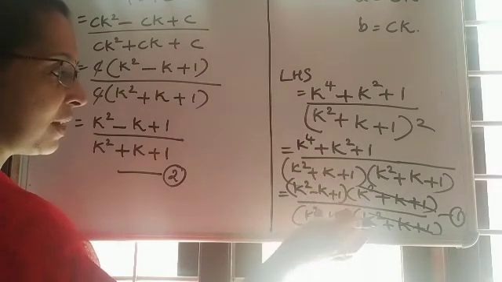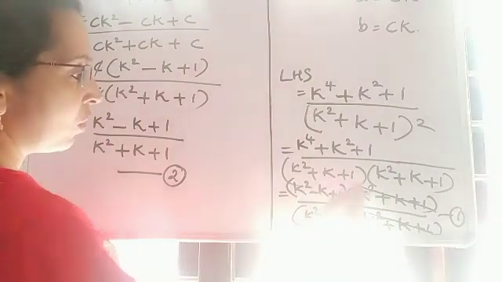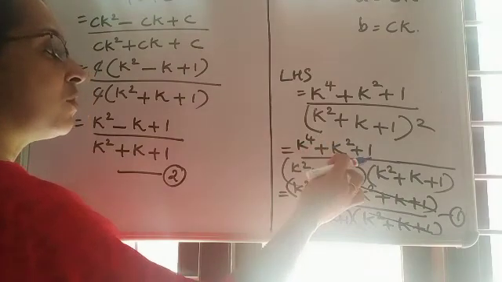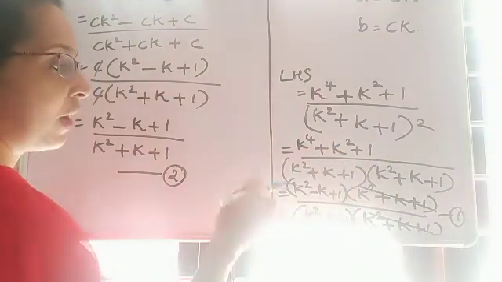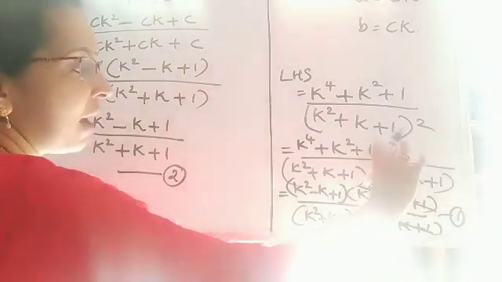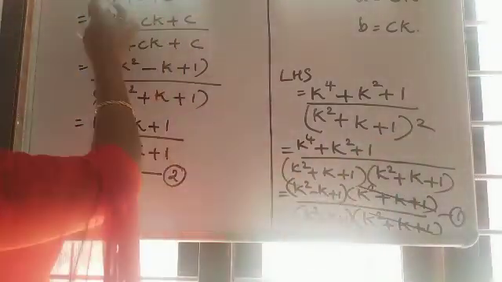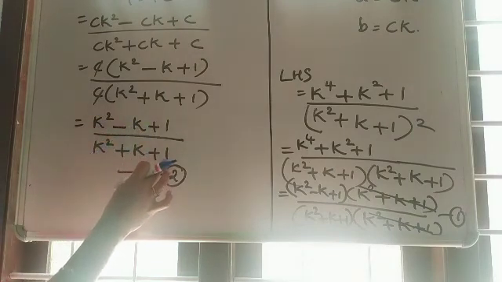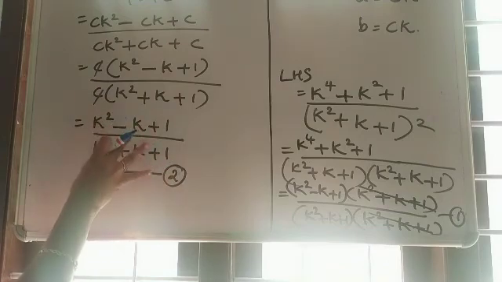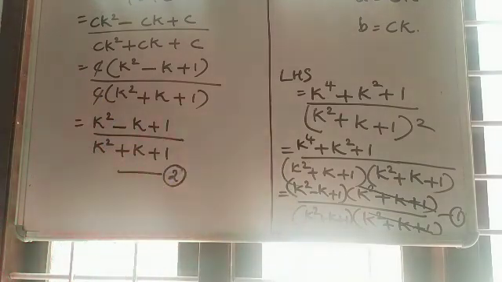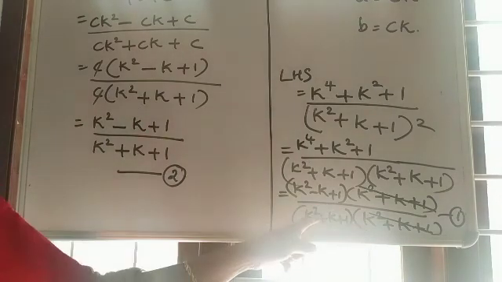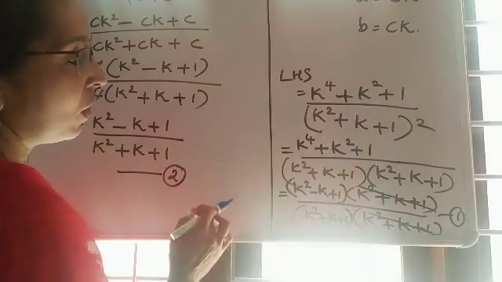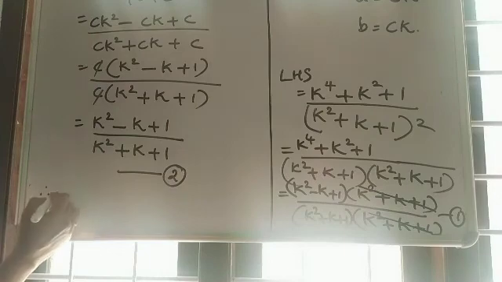Then after adjusting, what you have to do is, in the working column, do this cross multiplication. If you are doing the cross multiplication here, you will get it as k raised to 4 plus k square plus 1. If it is difficult to do directly, then up to this you write and leave one line and do which one? RHS part. You will get this k square minus k plus 1 divided by k square plus k plus 1. Look at this equation number 2, and with this equation number 2 you adjust equation number 1. So k square minus k plus 1 divided by k square plus k plus 1. If you are changing this bracket, you are getting this, no? So equation number 1 is equal to equation number 2.